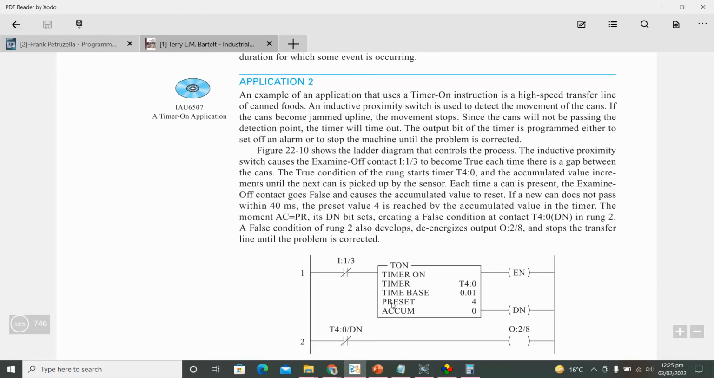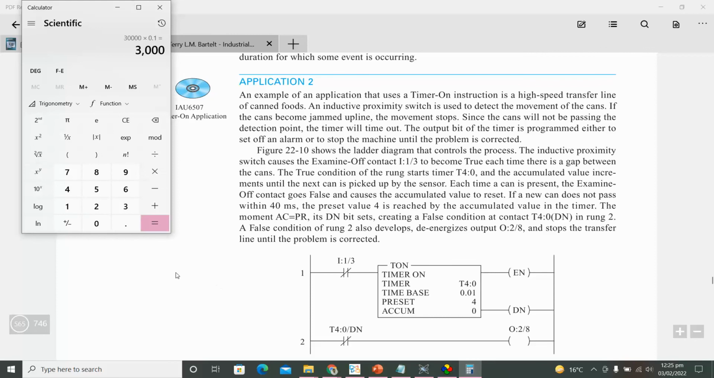कितने सेकंड के लिए इसको हमने सेट किया हुआ? कितने सेकंड के लिए टाइमर को हमने इनिशियलाइज कर रहे हैं? सर 0.01 वो तो बेस है ना, और प्रीसेट क्या है? 4 है। तो 4 मल्टीप्लाइड बाय 0.01, 0.04।